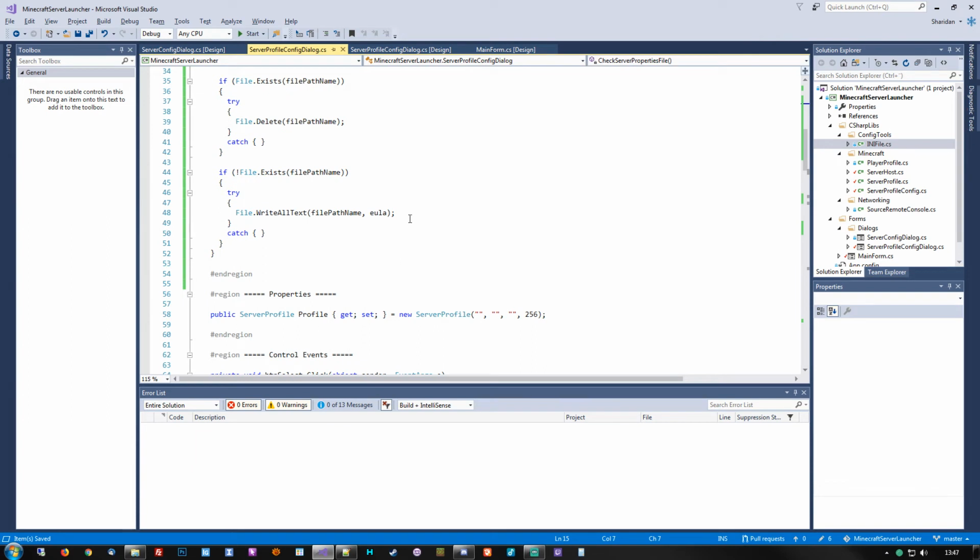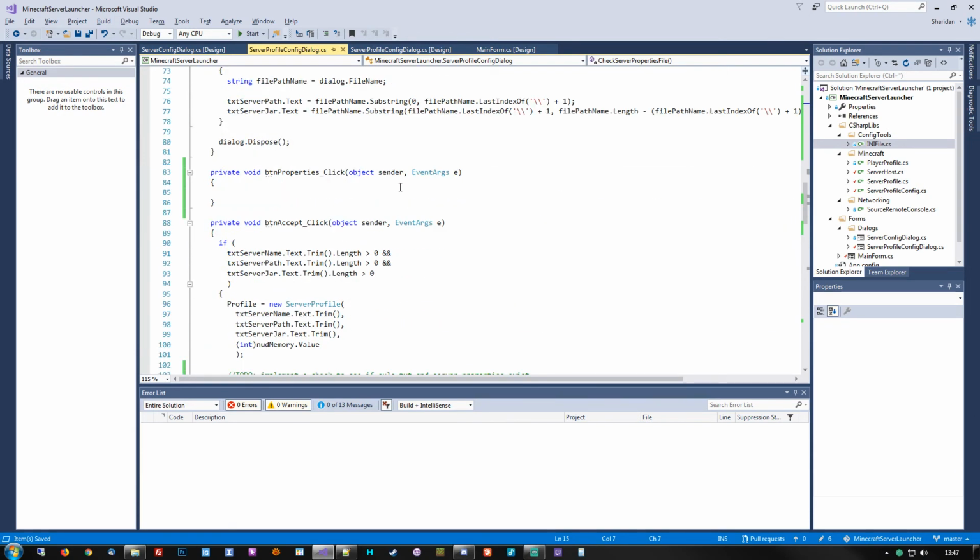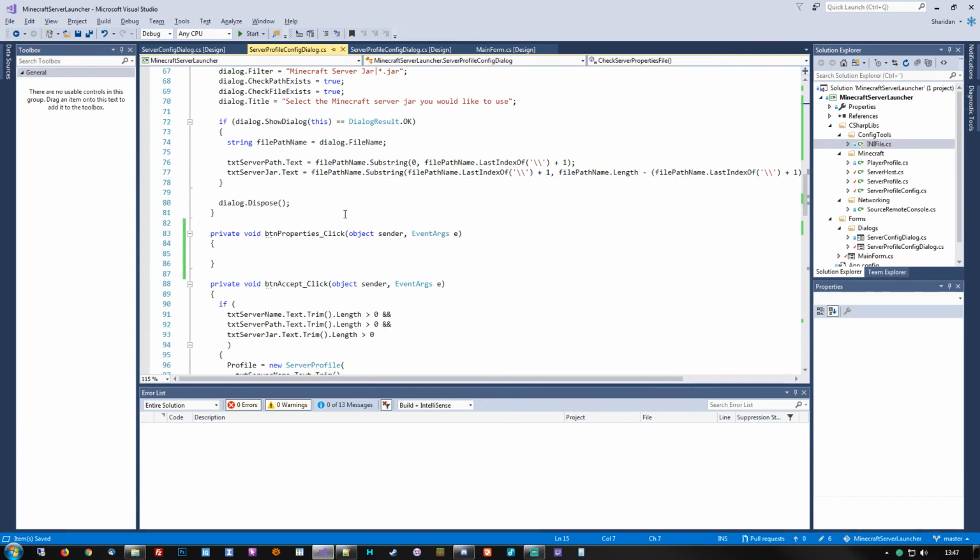Or we could preset it with whatever settings we want. It doesn't really matter which way we choose to do it, as long as we end up getting a server properties file generated if it doesn't exist. But at least now we have the EULA in place, so here we will